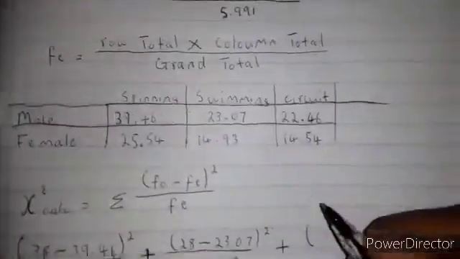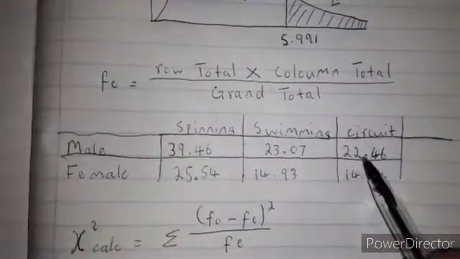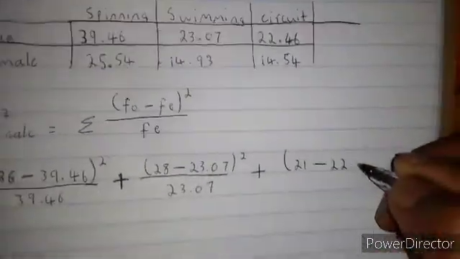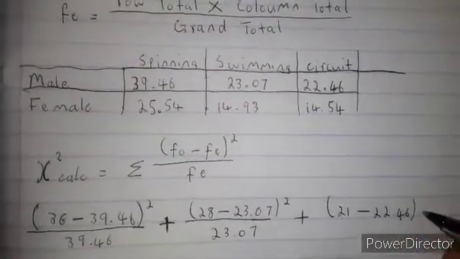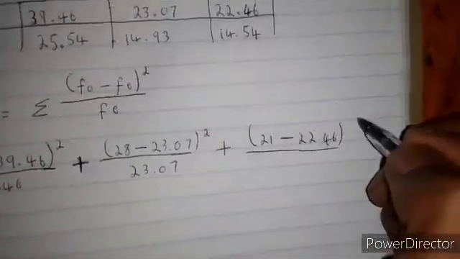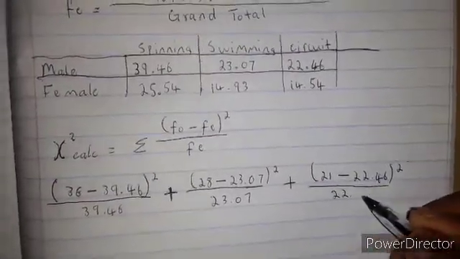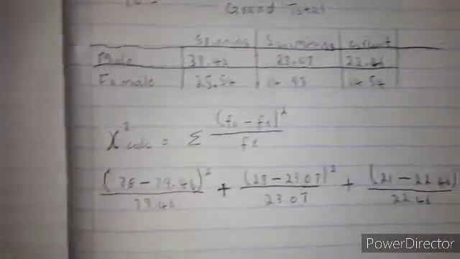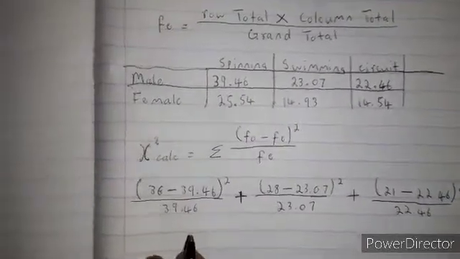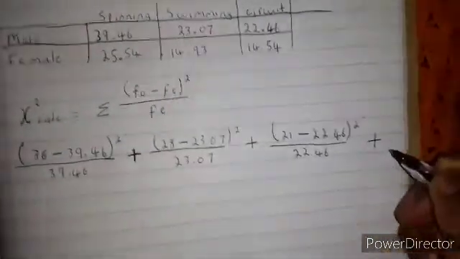It's 21. 21 minus the expected frequency, which is 22,46, all squared, divided by 22,46, plus